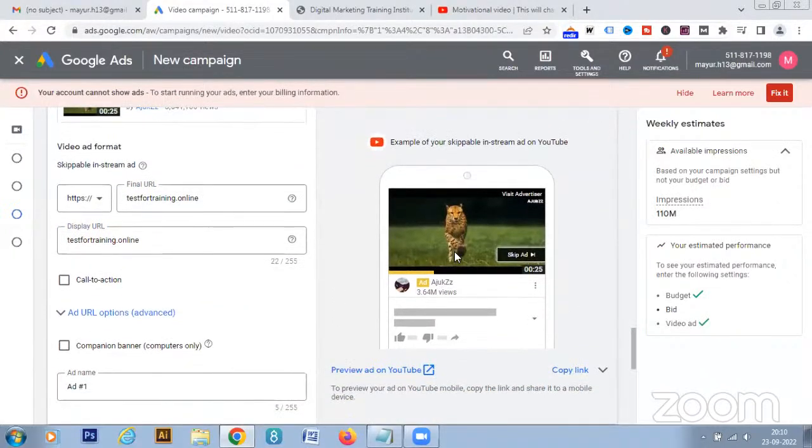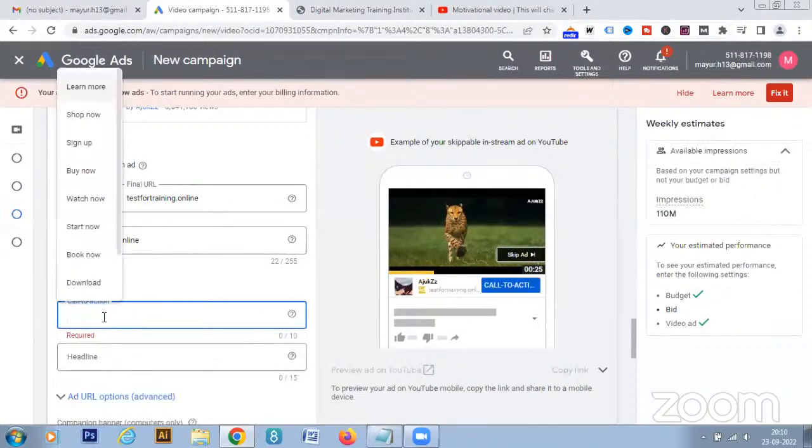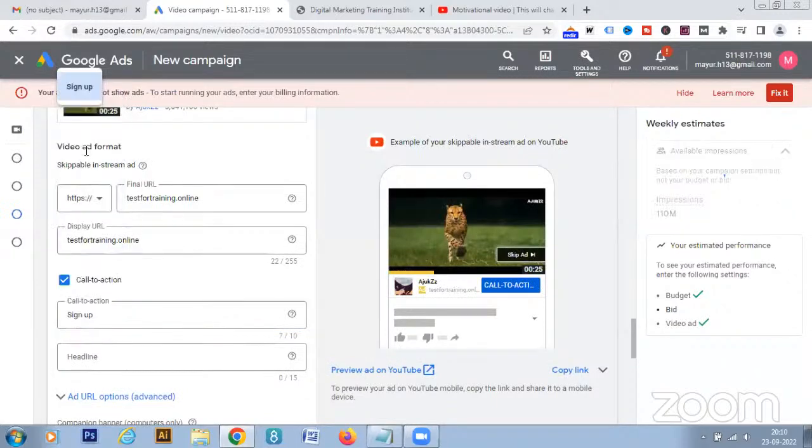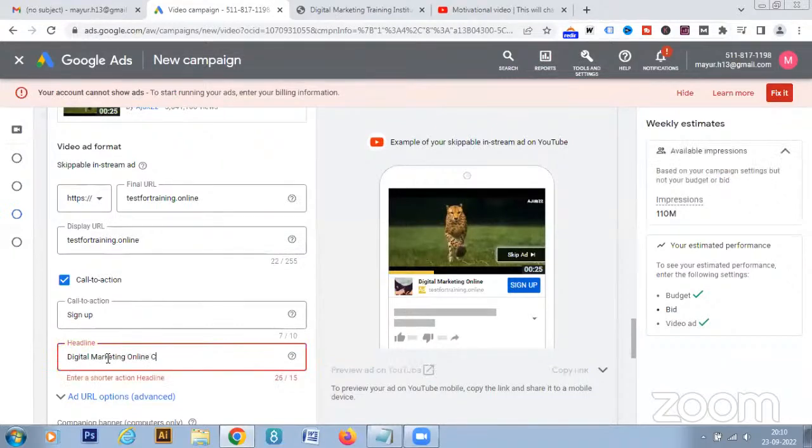So this is how your ad is going to look. Any particular call to action you want, shop now, sign up or something like that. Sign up option also will come here on the right hand side. So the headline is there, you want digital marketing online course. Okay, just this one. So I will just give it as